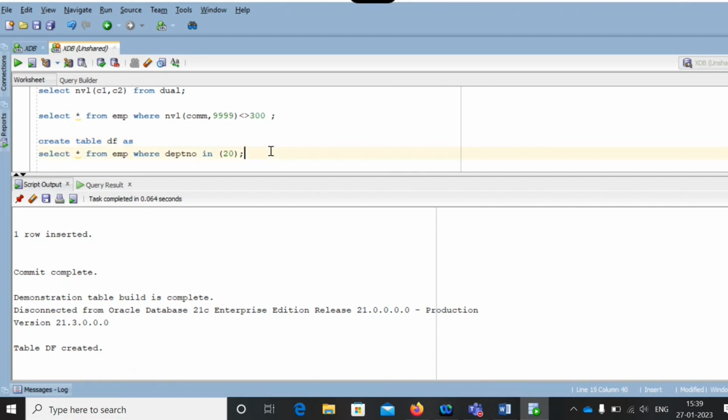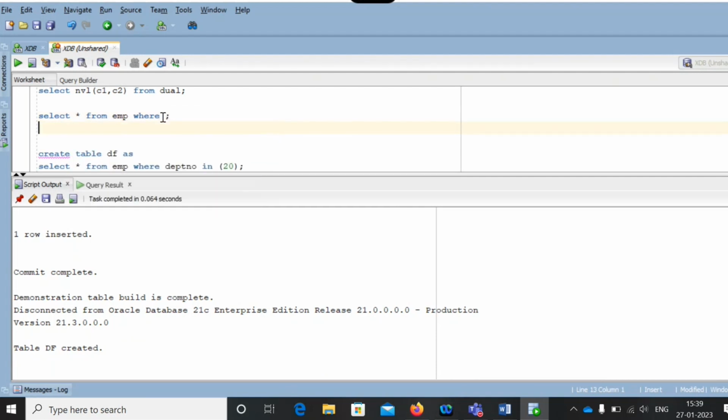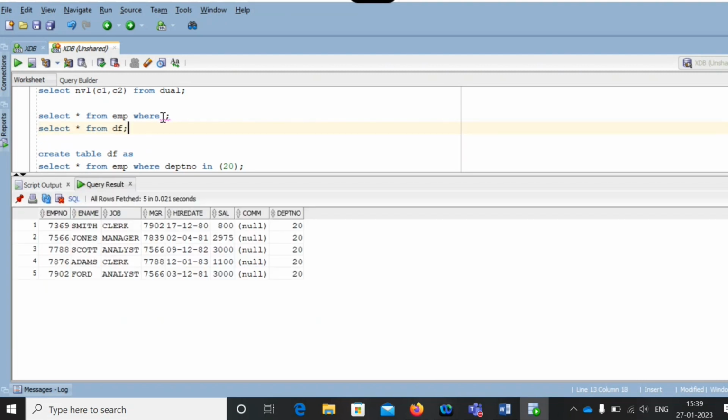DF is a table for me. Now while retrieving the data in this table, we use DF. We have these 5 records. See who are all present in the employee table and DF table. Both records I need to display.